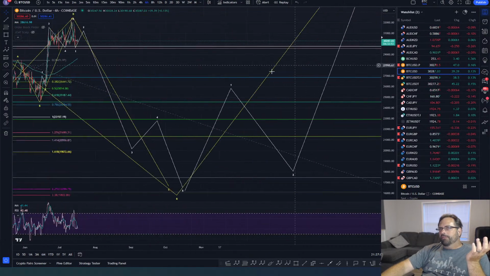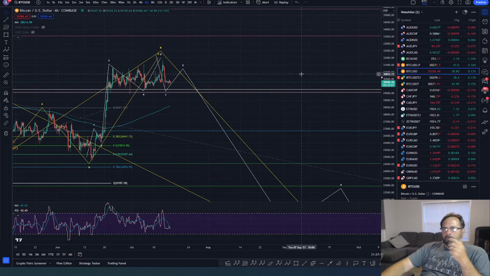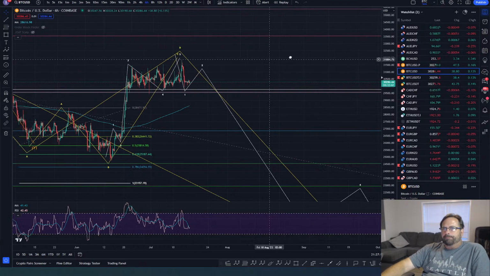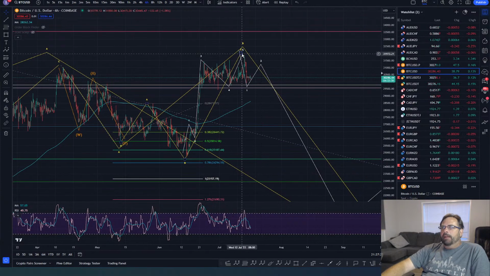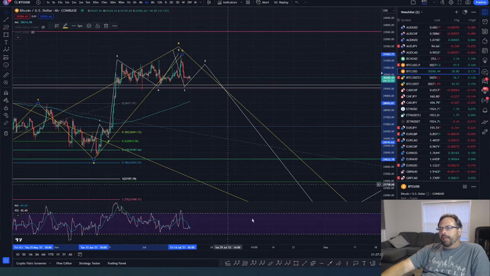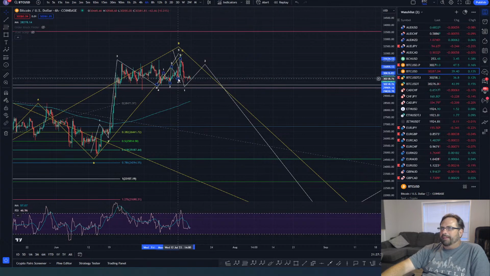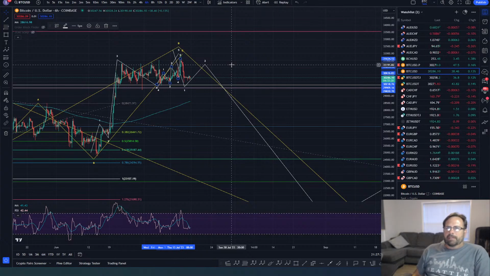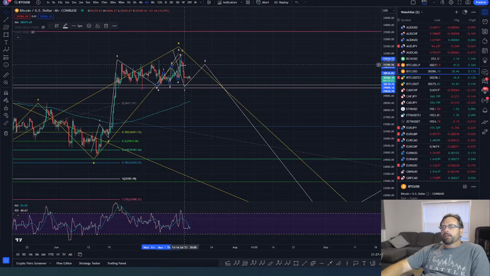Well, zooming in, you can see what we've built here, what we've developed here. What we're doing is building a flat here that may or may not be finished. Now, the way I've got it drawn, it finished with an ending diag. It wasn't pretty. It really wasn't pretty at all, but there's an ending diag there. Not a major fan of that count, to be honest with you, but there it is. So boom, boom, boom, boom, boom, right there. Okay, so there was an ending diag.